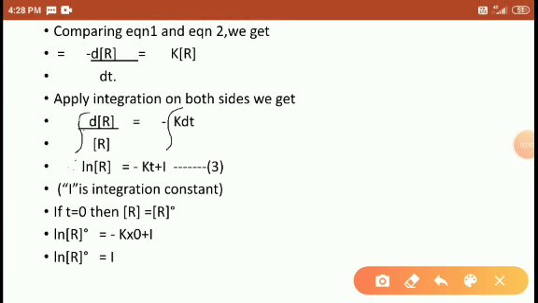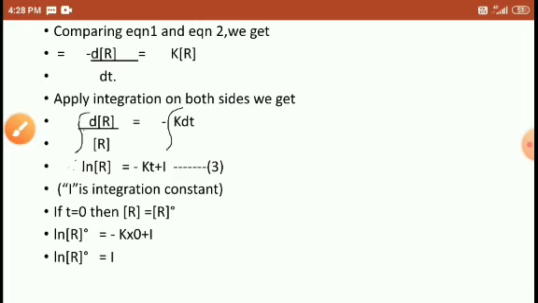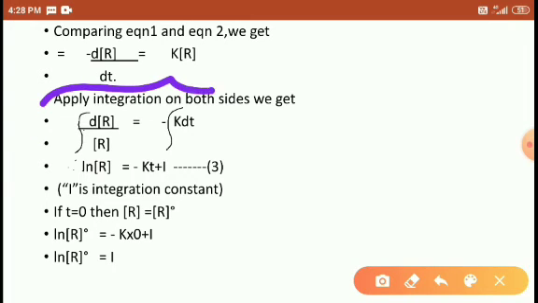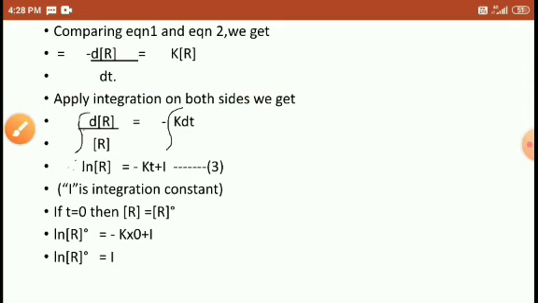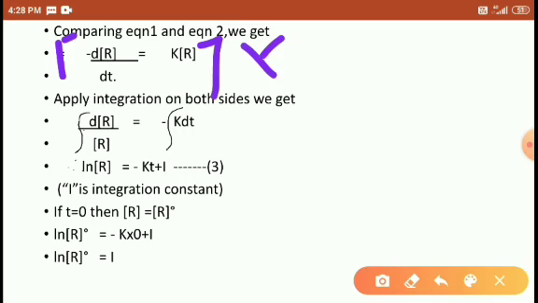Students, we are comparing equation 1 and 2. Then the differential rate changes with respect to time, and k[R]. We interchange dt and k[R], or we may say cross multiply here. Then apply the integration. After applying the integration, we get this integration, students: dR by R, and the minus. This reaction is multiplied by minus, then minus and plus, and this becomes minus here, right students?